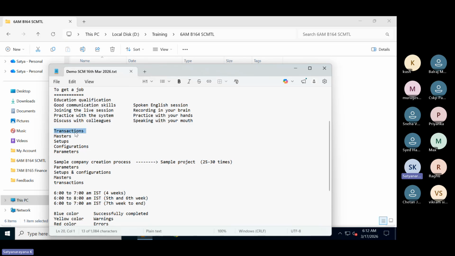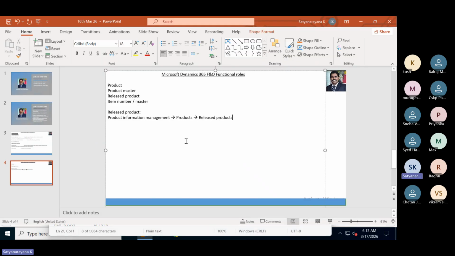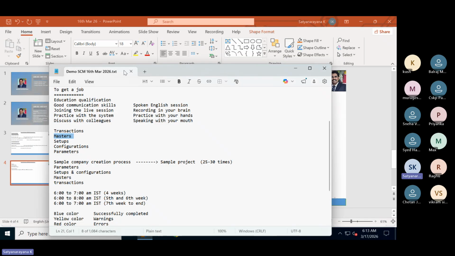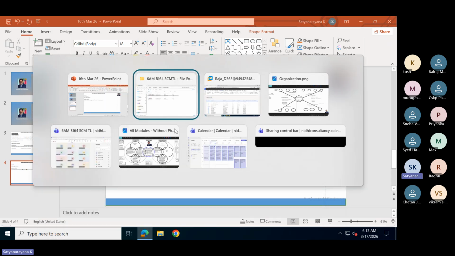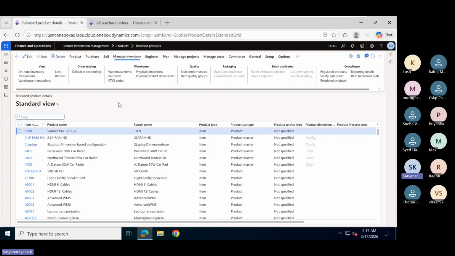First, transactions. Transactions means the purchase order process and sales order process. Masters is this one. Released product is a master. Okay, fine. So whenever you are learning, try to keep released product in the first browser. In this, there will be a lot of changes happening. You need to observe here.